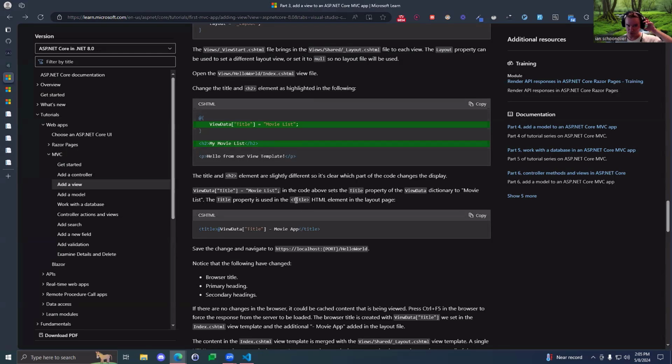All right, cool. So the title and H2 element are slightly different, so it's clear which part of the code changes the display. So this line of code here, ViewData title equals movie list, sets the title property of the ViewData dictionary. So I've been calling it an object. C# is similar to Python in that they call this data structure a dictionary, which is common in a lot of programming languages. If you're coming from JavaScript, you'll think of these as objects, but dictionaries are just key value pairs. So anyway, the title property is now being set to the value of movie list, which is a string,